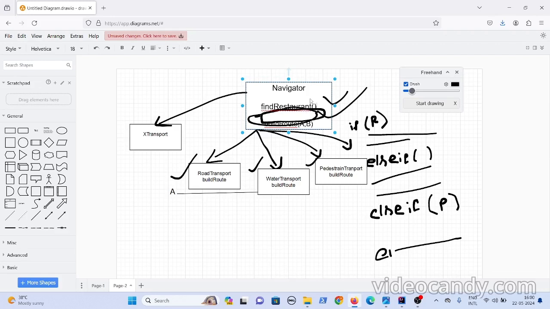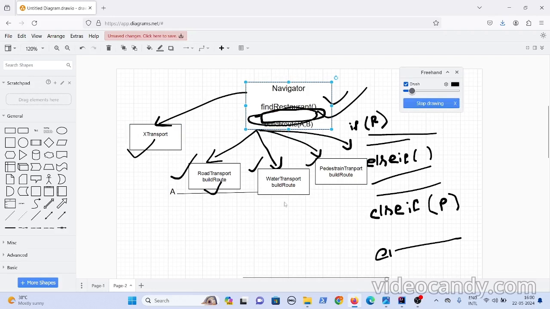If there are no changes, then this looks fine, because find restaurant has a simple logic. You just find the restaurants, and you need not put the find restaurant implementation in these classes as well, because it is common to all. But now let us suppose the navigator wants something specific, like categorizations as well.